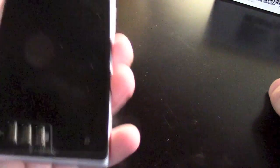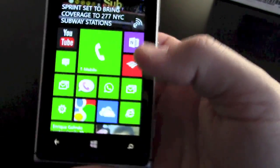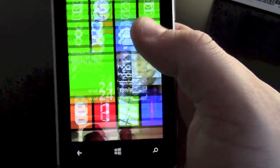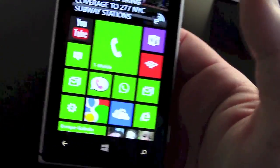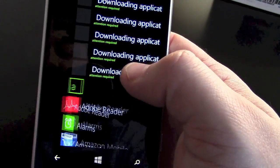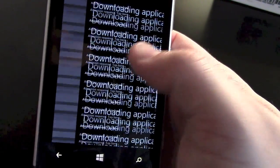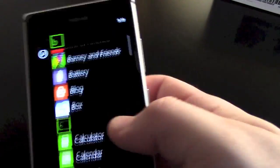And let's see. All right, so here's the phone. Why is there so much dust? Okay. So you have your lock screen, and remember, this isn't a Windows review. So I'm just going to show you real quick how fabulous this is. See, everything you need. Attention required. All right, these are downloads from my previous phone that I deleted, so I need to go in and delete those. But anyways, we have